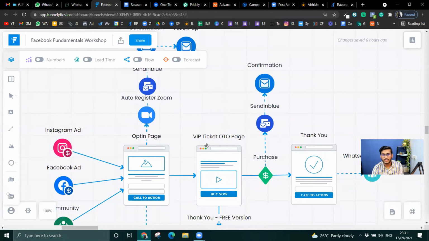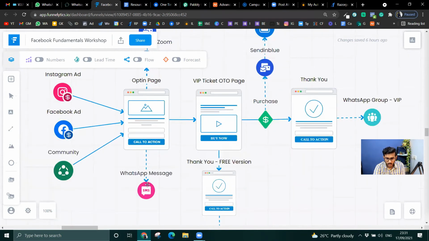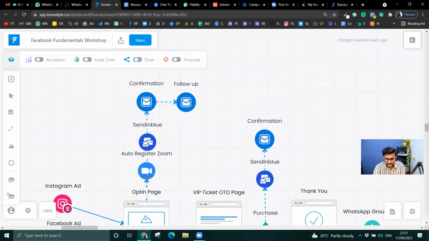So now the first thing is let's go ahead and start the opt-in page process. As soon as somebody registers, I want them to go to Sendinblue. I will come to the WhatsApp part later. I'll complete these things first. For that, I first need to have my Sendinblue things ready. I'm just going to create a list and then set up the automation. Or I will set up everything in the email part first, and then I'll do the automations and link them up. That is a better way to do it.